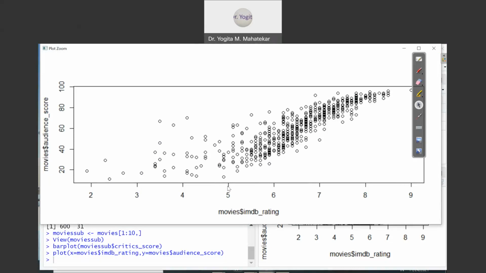Next time you can plot critic score versus DVD release date, or any two column variables you can take. You can plot one variable versus the other variable, and you can see the nature of the scatter plot, and depending upon that you can realize whether there exists a relation. So you may be able to conclude whether simple linear regression is possible for these two variables or not.